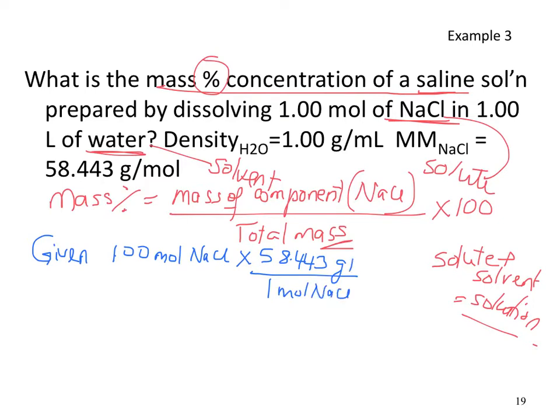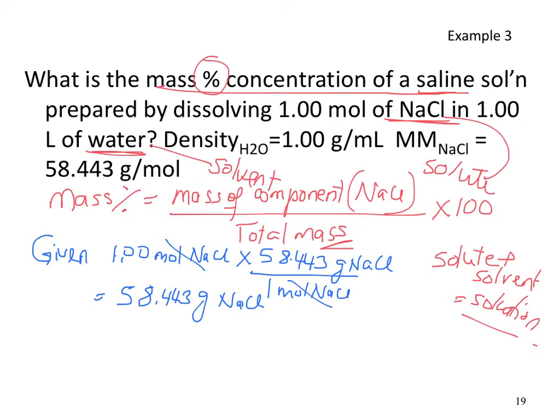So hopefully you can see, using the dimensional analysis method, I can convert the moles given into grams. So I have 58.443 grams of NaCl. And I just have to find out the mass of water that I have,